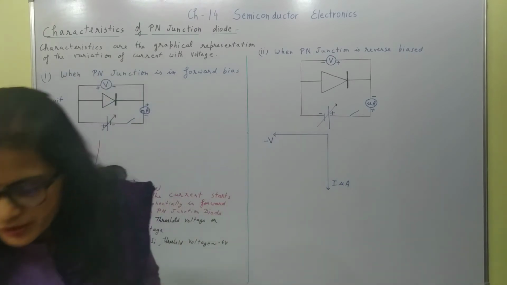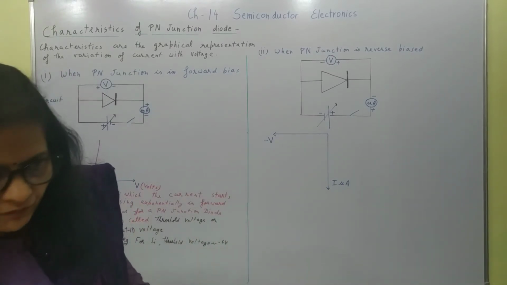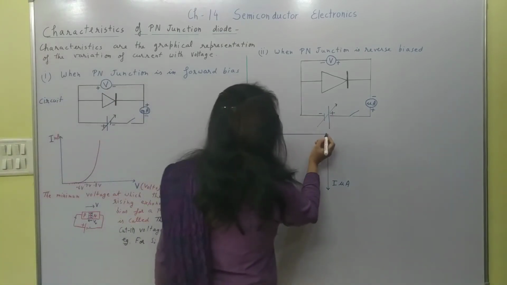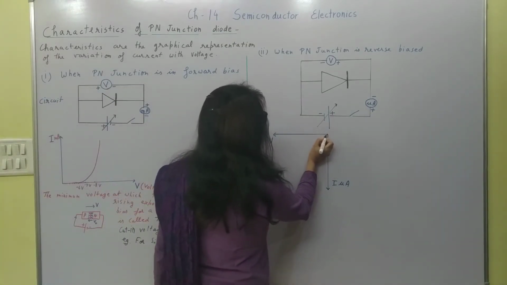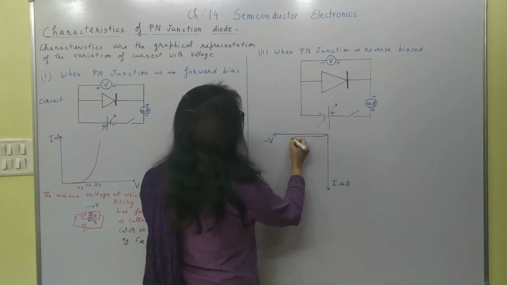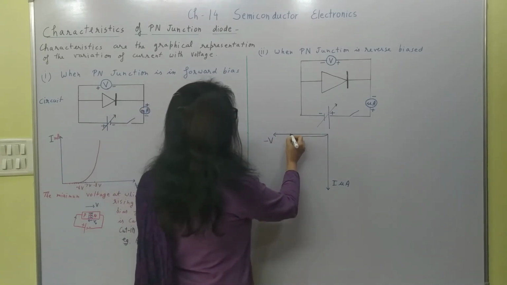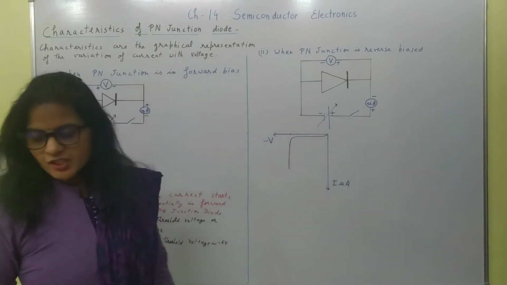So what is observed is that initially on increasing the voltage, a nearly constant low current flows, right, which increases suddenly to an infinitely large value at a certain voltage, which is called